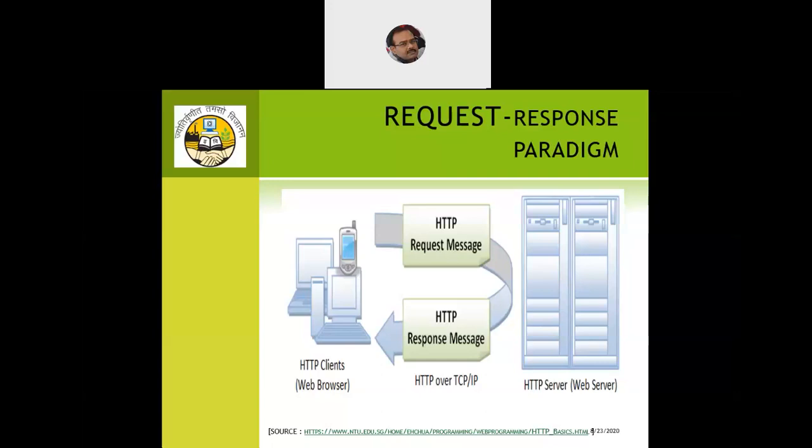It will use the port number or the port address. The point I'm trying to say is, when we use web technology, we use three kinds of addresses that we must have a good knowledge of. First is the MAC address. The length of the MAC address is 48 bits. So 48-bit MAC addresses work on the physical layer of the OSI model.